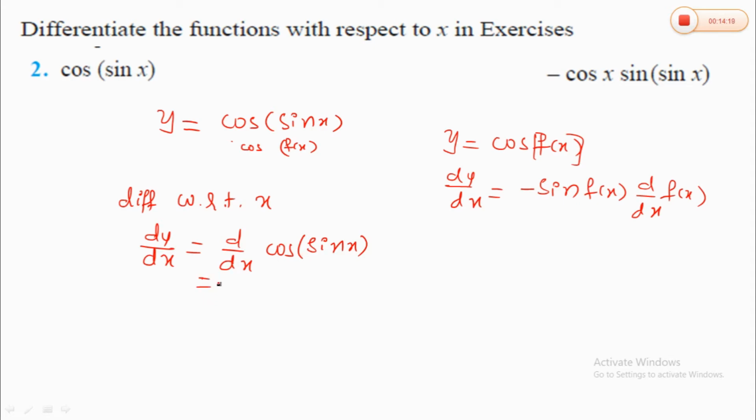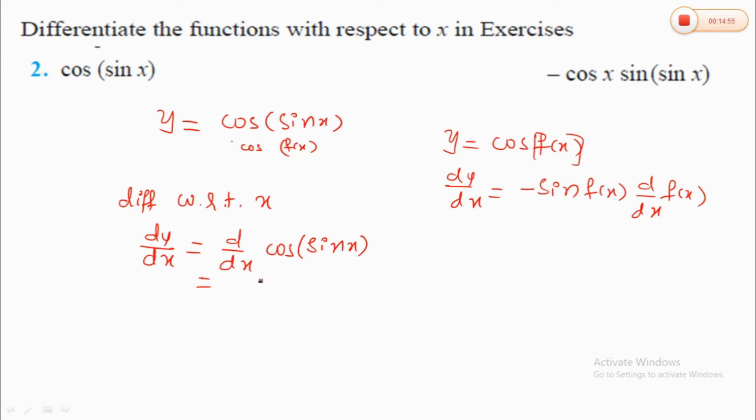The problems are very simple in this section. All the problems that belong to 5.2 carry 1 or 2 marks, not more than that; no 3, 4, or 5 mark questions come here. But this is very important. Without this, you can't solve any problems in the next topics. Therefore, you must concentrate on this.